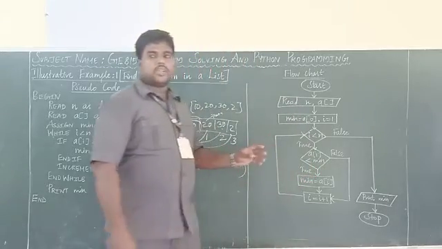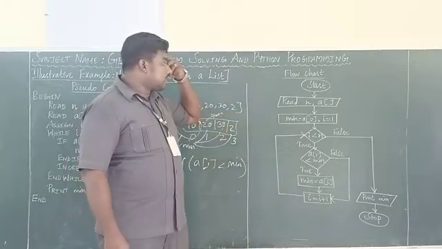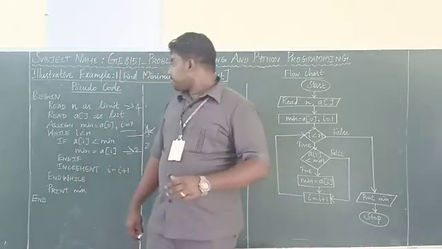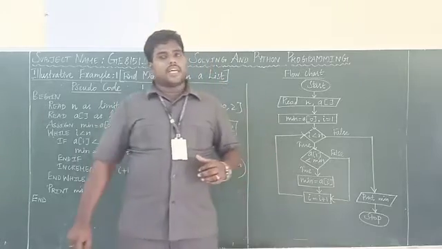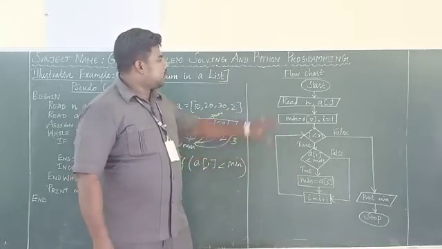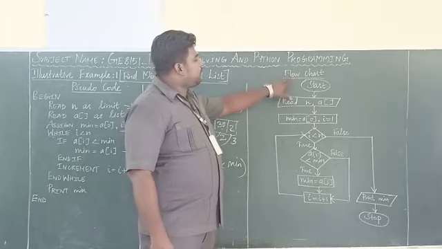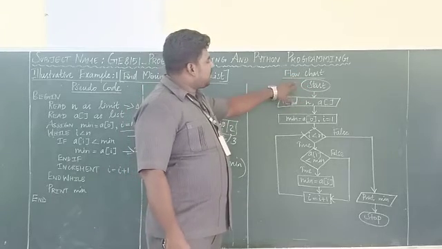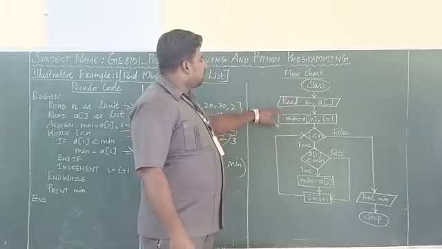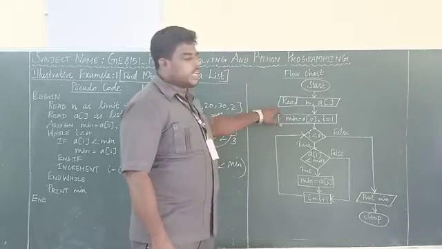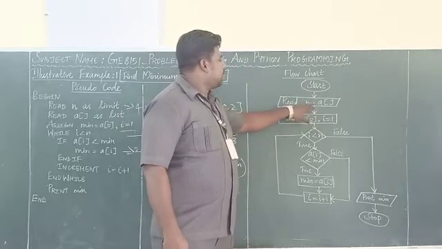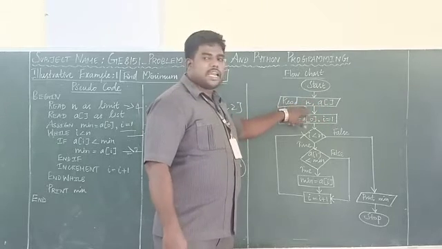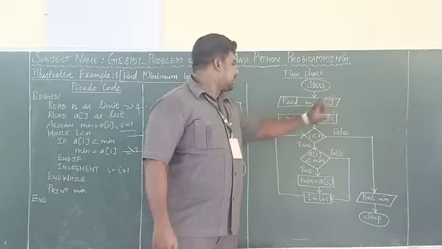Okay, the next one we are going to see is the flowchart for finding the minimum element in the list. For denoting the start, which symbol do you have to use? The oval symbol, right? The symbol name is terminal. Inside you have to put Start. Then read. What are the things you are reading? How many numbers? That is n. Then A is the list.